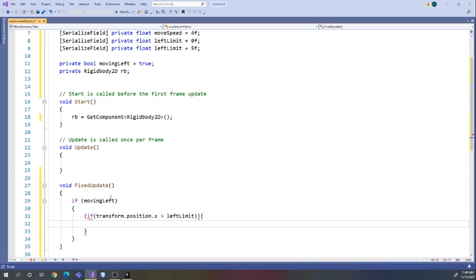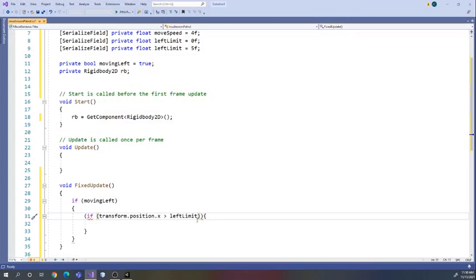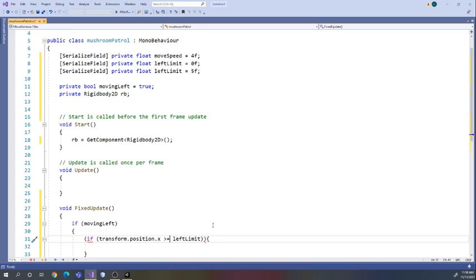right? And what that is doing is identifying, so this transform dot position is the position of, and we're looking at just the x value, right? So in terms of that position, the transform dot position, if it's greater than, so we set our left limit at 0, that's what it's looking at. So it's tracking that value up there to see where it is relative to what we're scripting here. So if the transform dot position dot x is greater than, or I'm going to do this as greater than or equal to the left limit,